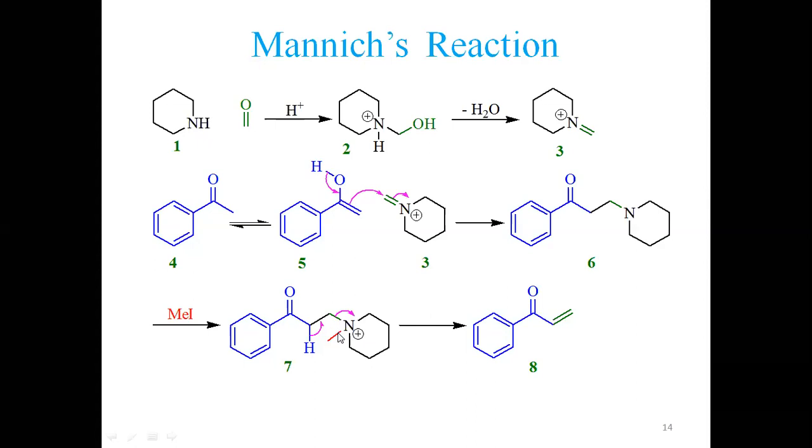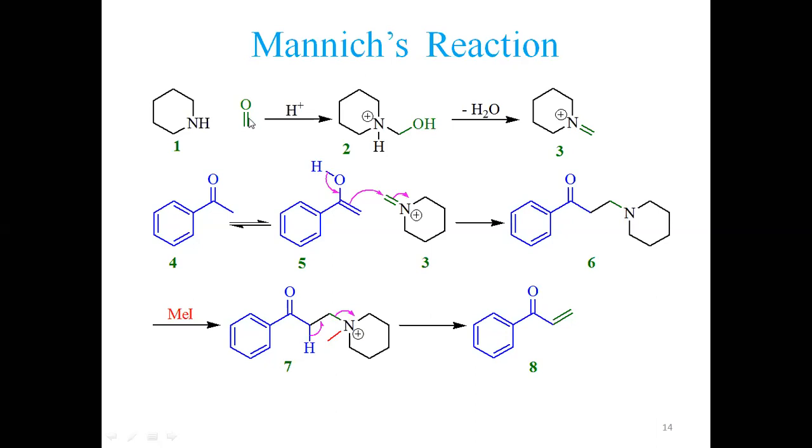So we are not protonating the nitrogen. We are methylating this in fact. So this nitrogen shall take this electron pair off, and this hydrogen from here shall leave without. This is an elimination reaction, which is our next topic. So it shall generate a double bond at this position. You can see this double bond is being generated. Now this carbon which I have presented in green is coming from formaldehyde.